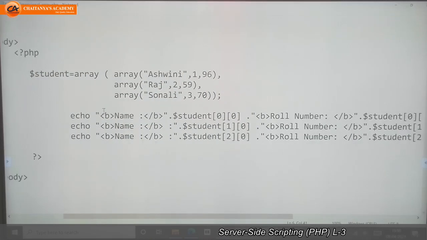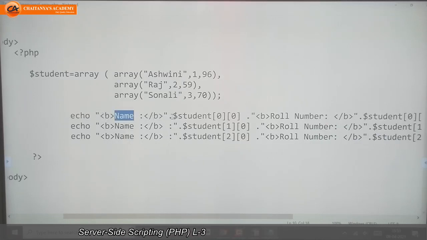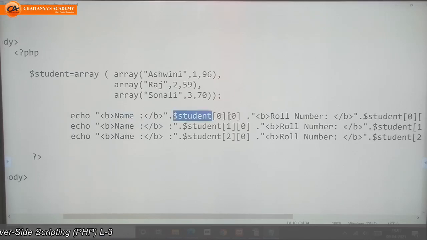So I will write here first the name. What is the value for name? Student of 0 0. Student of 0 0 means what? Student is the name of this variable. 0 means the index value of this array.